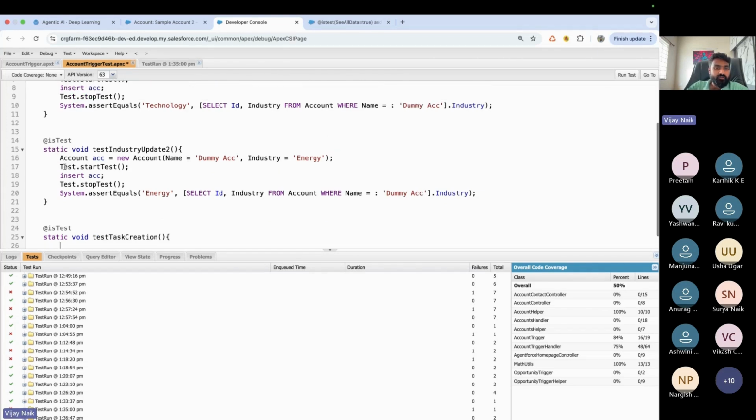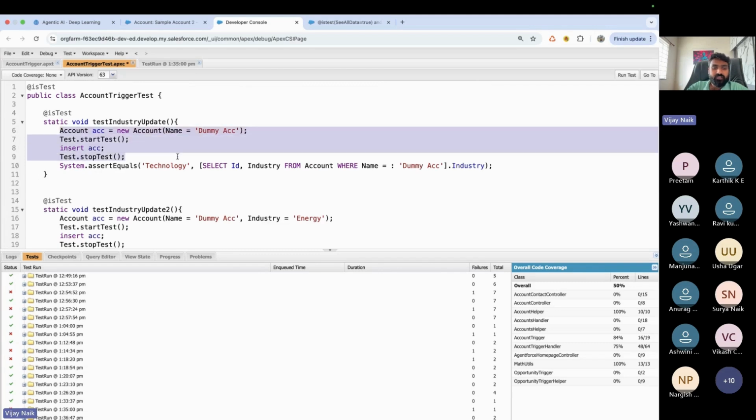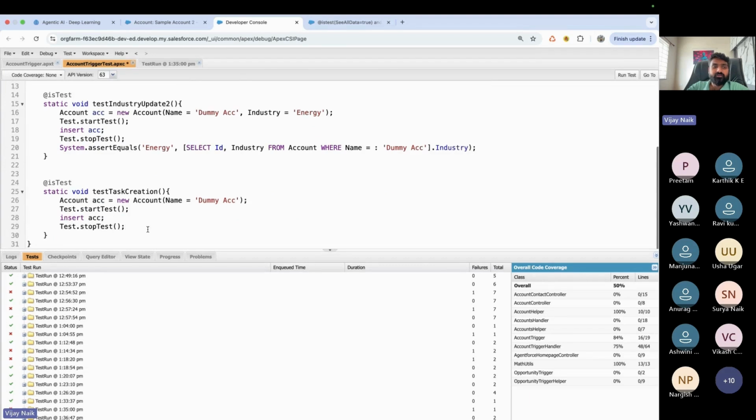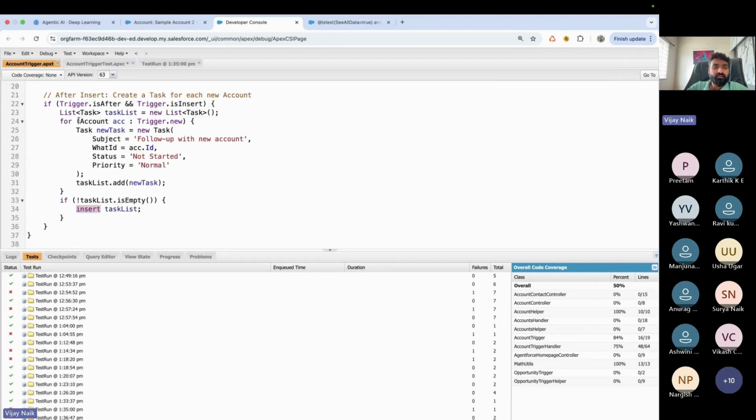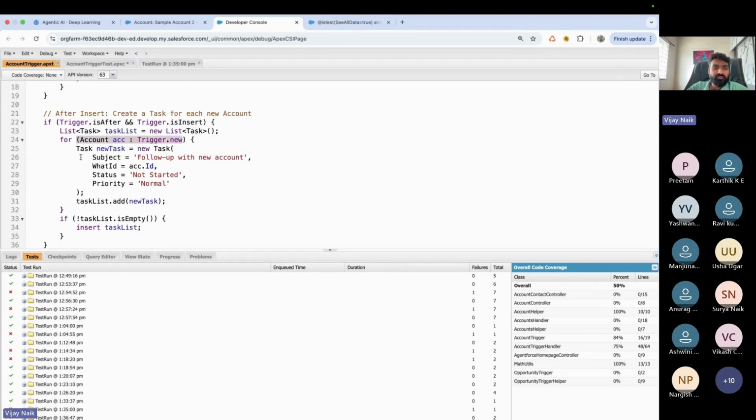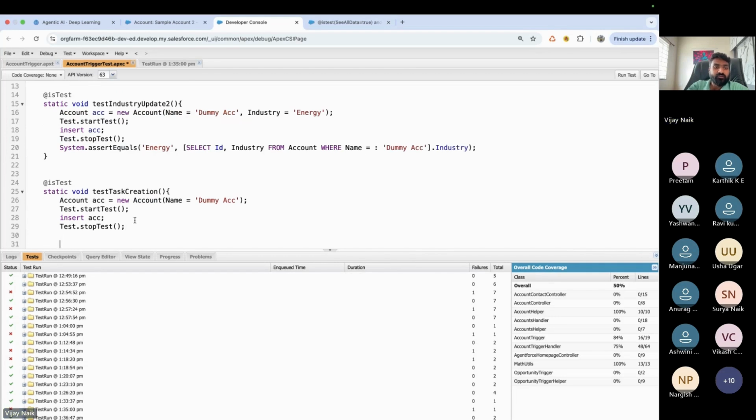So same thing I'm going to do. I'm not going to change anything. I'll take all of this, but the assert will be different, right? In this case, I need to assert if the task is actually getting created. And what is the condition? Every time an account is getting inserted, it's just creating a task. Okay, so I'm going to say